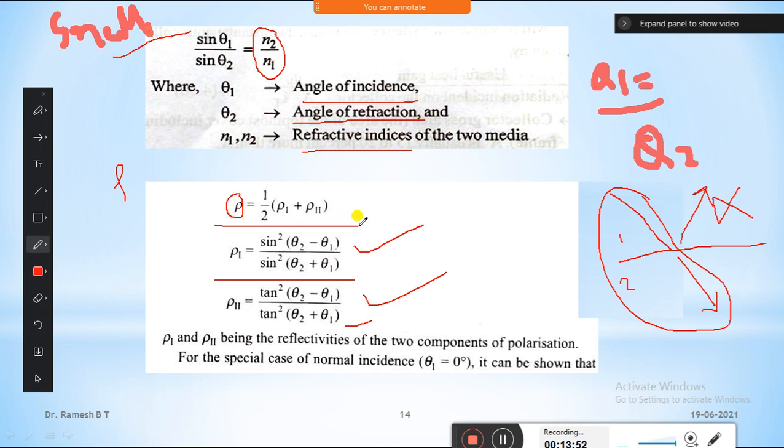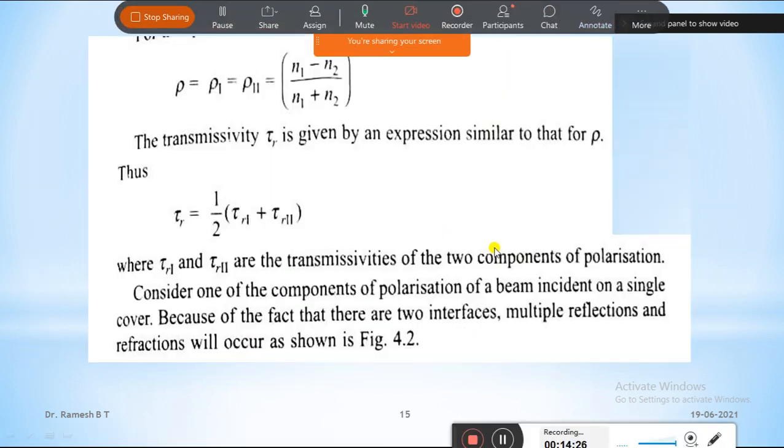So rho means refractivity, and rho 1 and rho 2 are the refractivity of media 1 and media 2. Clear? For special cases, in the case of normal incidence, theta 1 is equal to 0, which means the angle of incidence is exactly straight. Then what happens if it is exactly straight? In this special case,